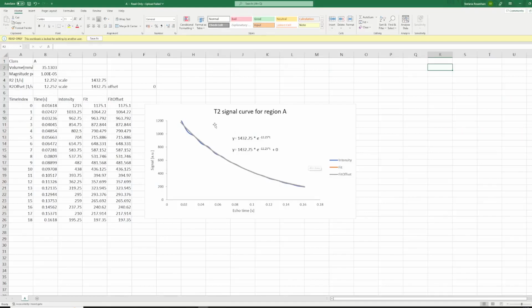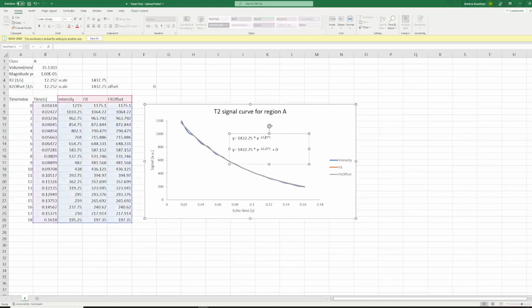So this is the T2 signal curve for region A, and there are two fits actually. One is just an exponential fit, and you can see the parameters here. And this is actually here the R2 value, or the result.